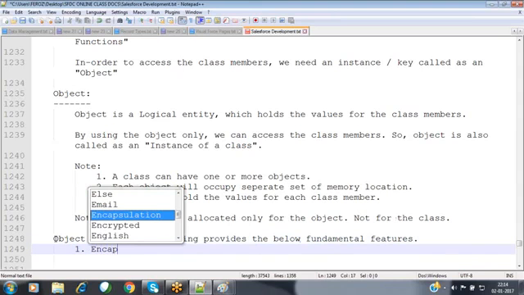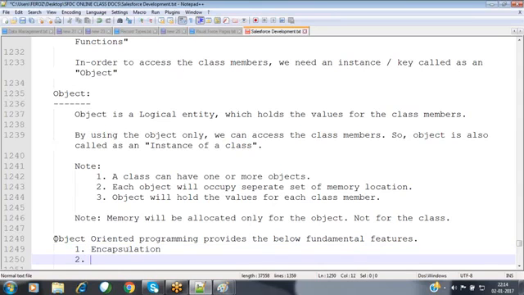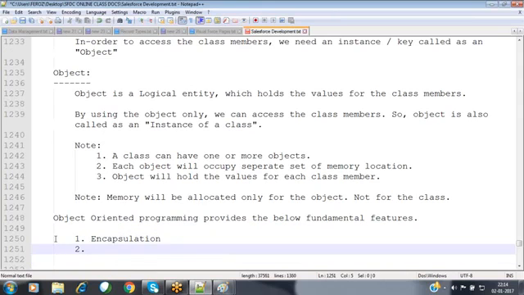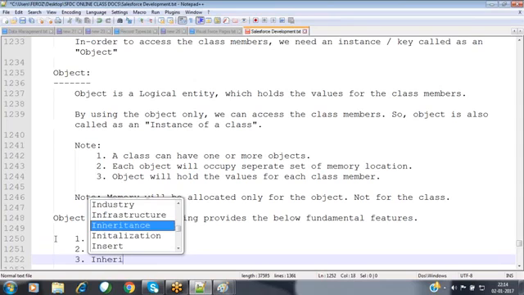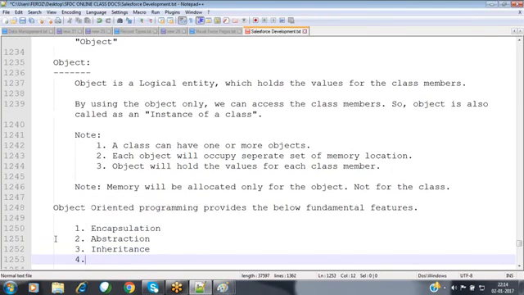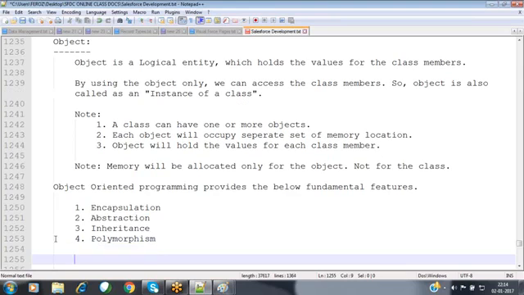The first one is encapsulation. Second one is abstraction. Third one is inheritance. Fourth one is polymorphism.